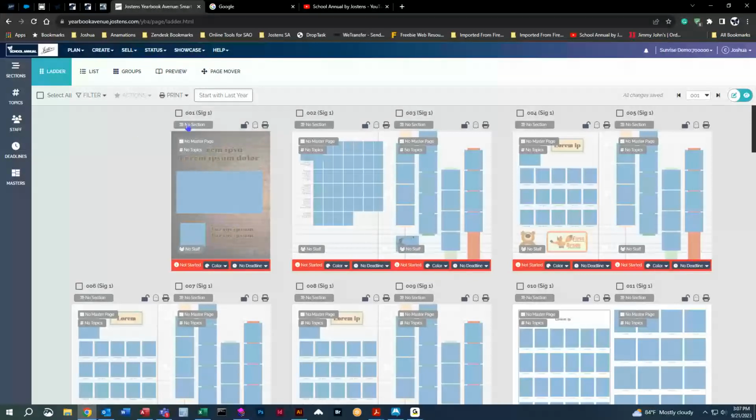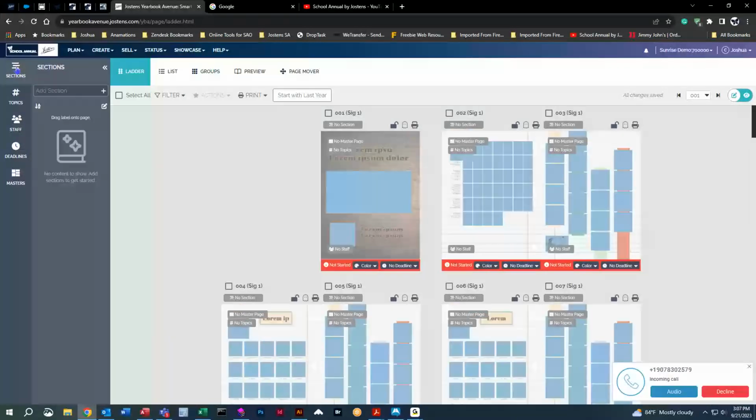So next, you're going to see this little square right here that says no section on top of all the pages. We can add sections to our book, such as first grade classroom, second grade classroom, staff, whatever you need to. Here in the upper left-hand corner, we're going to come to sections. We're going to click on sections. And then we're going to see add section right here. So you can click into that and you can do